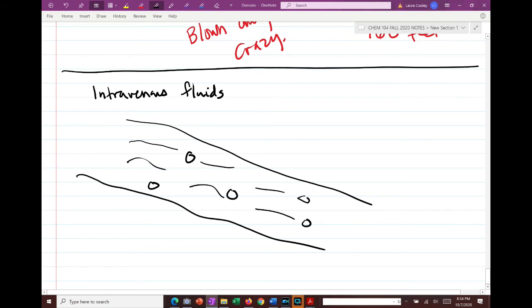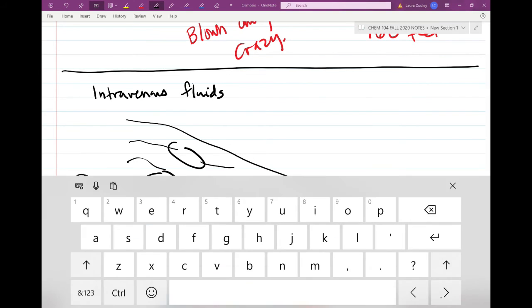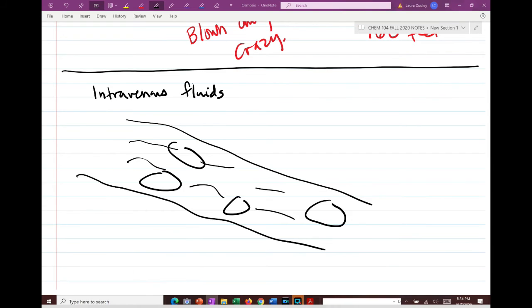Let me draw the red blood cells a little bigger so I can illustrate what I'm trying to show you here. So here's your red blood cells. Now, when you give somebody IV fluids, the fluids need to have